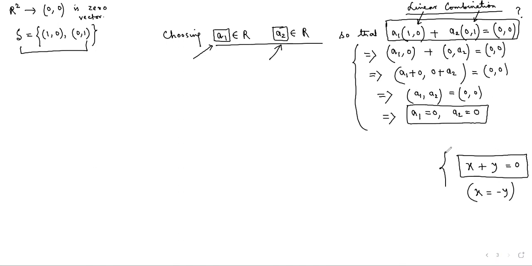So a similar case is happening. I'm giving you a kind of equation here. And since I cannot write 0 on the right hand side, because 0 is a number and here R2 is a vector space whose 0 vector is of the form 0, 0, I'm putting 0, 0 over here. If it were R3, I could have taken 0, 0, 0. According to the vector space and its 0 vector, you have to choose.